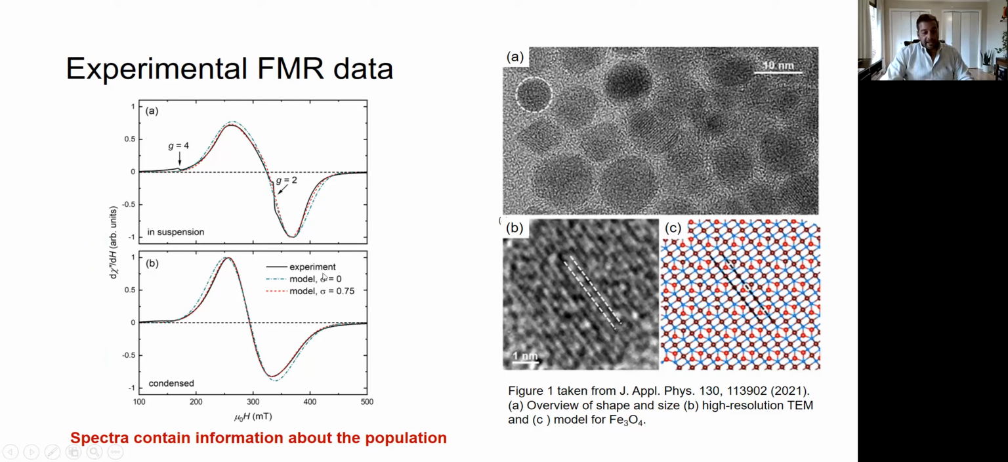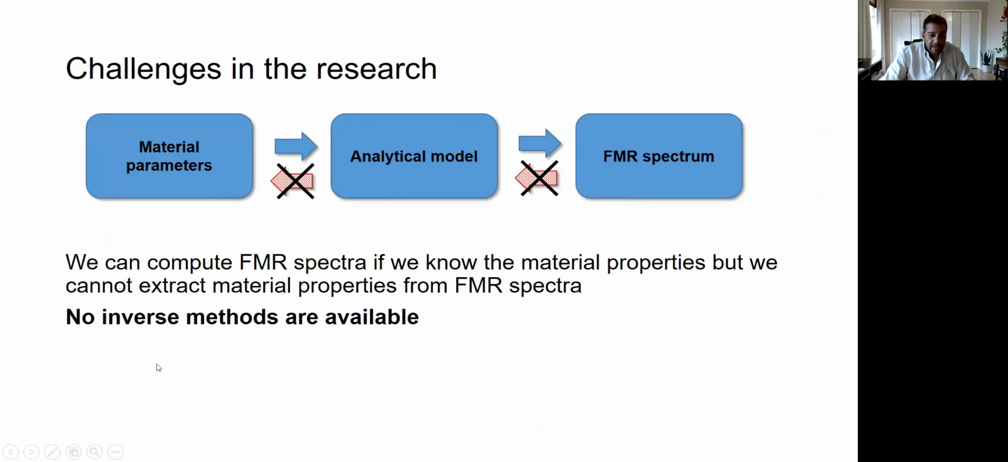Now, I write here that these things have information. The question now is, how do we extract this information? Now you see these dashed lines here, these are calculations, but what's the problem? The problem is that if we know the material parameters, the internal fields, depending on the elements you have in the structure, the size of the particle and so on,